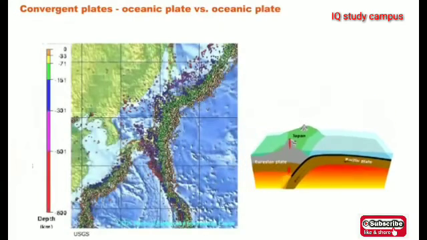Now, the map to the left here shows the occurrences of earthquakes that were registered near Japan in a 20-year period from 1975 to 1995. Each point indicates an earthquake, and the color indicates the depth of the earthquake focus, which is the origin point. Notice the orange would be the shallowest, then to yellow, green, blue, pink, and the deepest ones would be to the red. Note that the shallowest earthquakes occur in the east, all along the edge over here on the right-hand side, all the orange and yellow points,